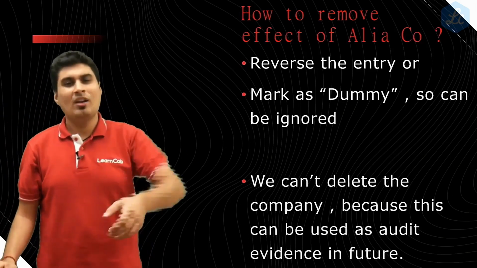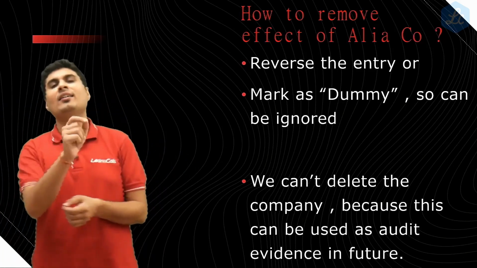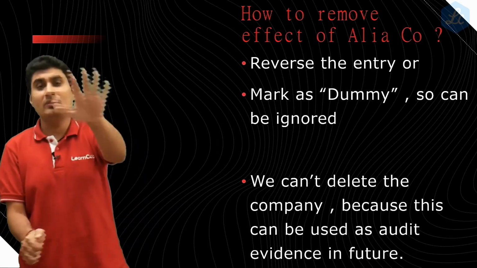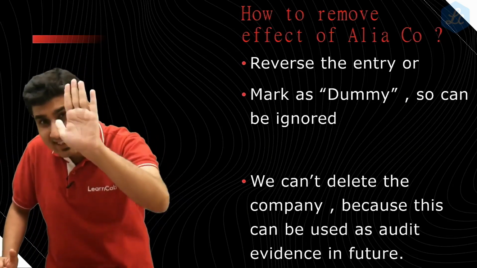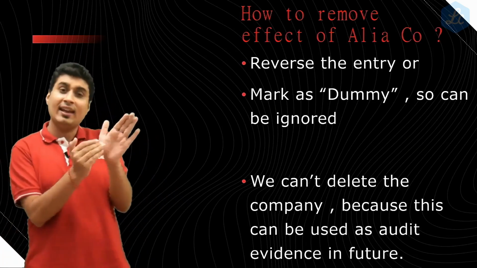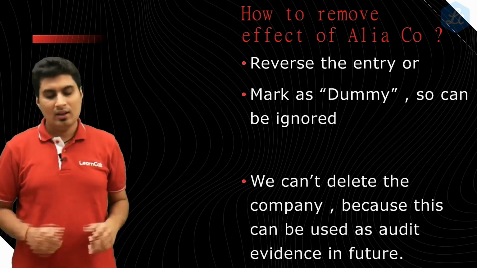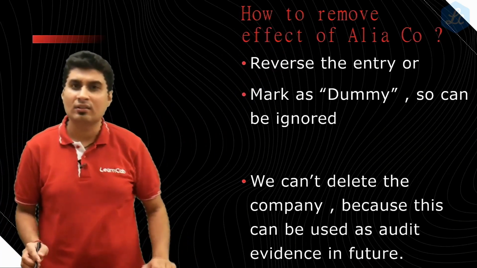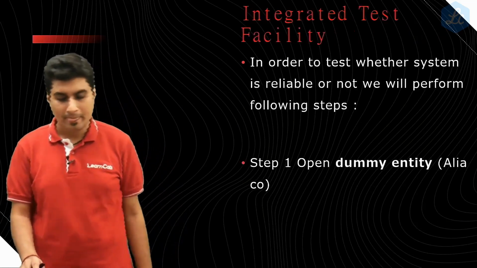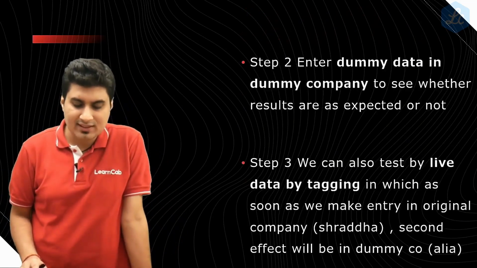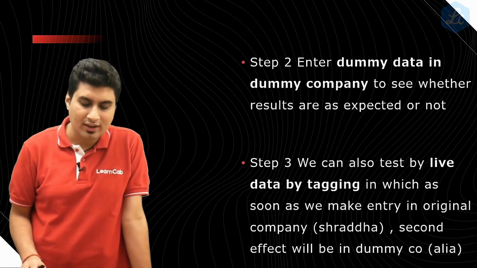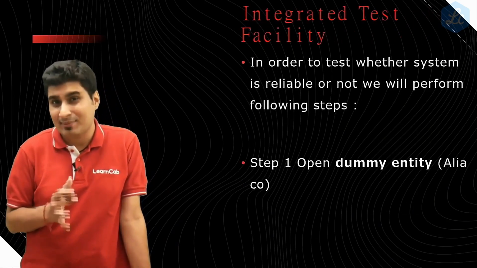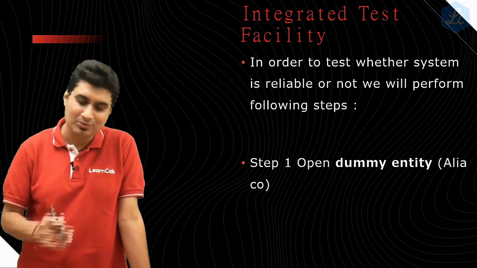Or mark it as dummy. For every transaction of Alia, write A. So when income tax comes, if they ask why you are not paying taxes, we will say this is a dummy company created in Tally or ERP. See, we have written A for Alia, dummy. Don't delete it. Someone is saying, please delete. No, it is audit evidence. Okay. Now, this is the best way in which we can write. Alia and Shraddha won't fetch you marks in the exam, and we have to pass the exams ultimately, right? I think that's the end objective.